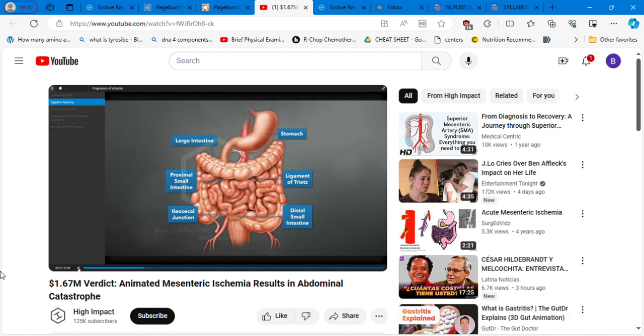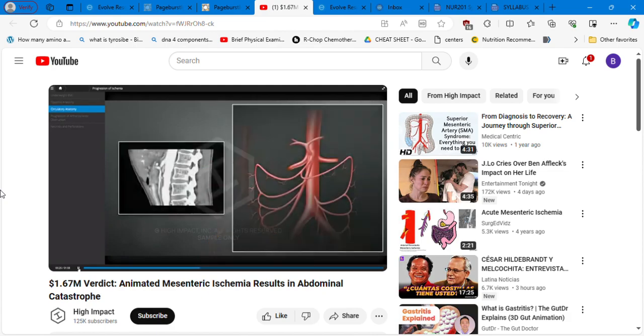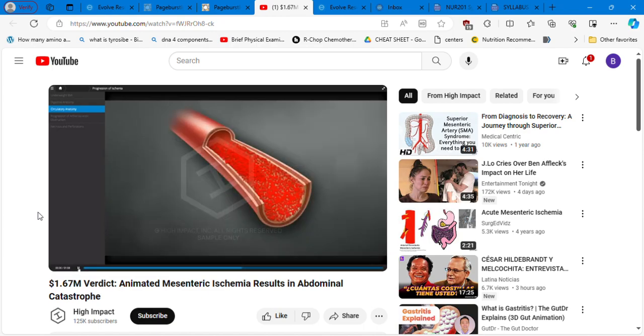You can see this is a diagram with the intestines, the colon, and this is the vascularity that I was telling you is in the posterior part of the abdominal wall, the mesentery. And this is another view of the same arteries, the superior, here is a lateral visualization of the artery. Now, the problem was an obstructed artery. The obstructed artery had an atherosclerotic obstruction, which could be diagnosed with imaging or by lab work, when you see high levels of cholesterol, triglycerides. So the vessel was occluded,